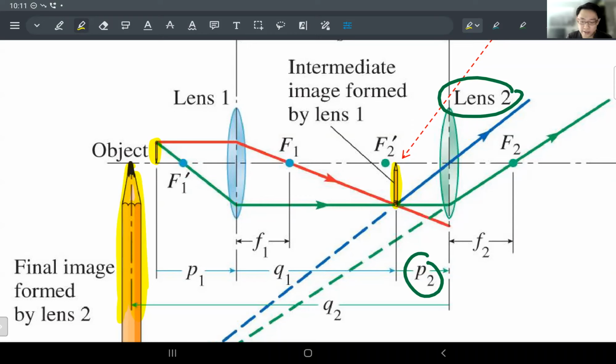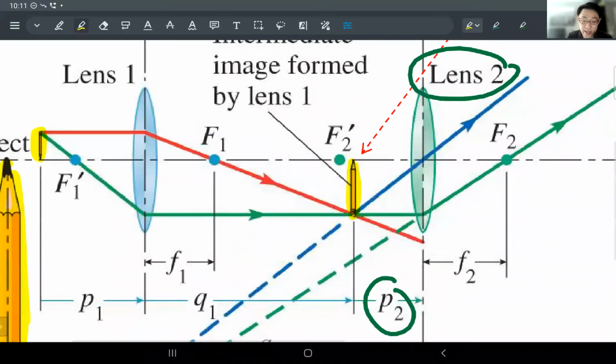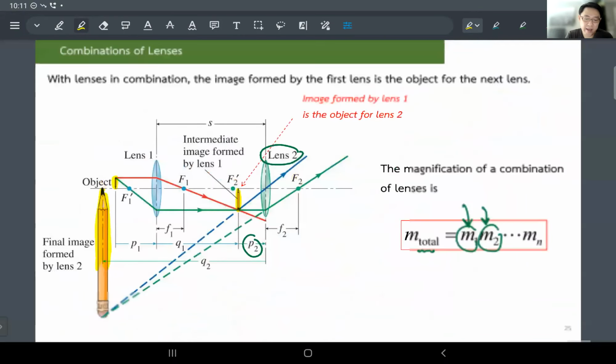Cool. All right. And this is where the negative object distance might happen. You guys see this? Because look at this one. If by accident or whatever, your lens number 2 turns out to be, let's say right here,